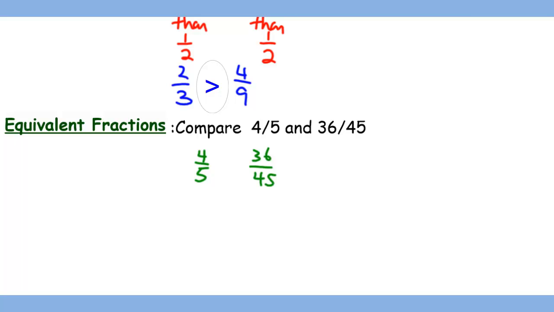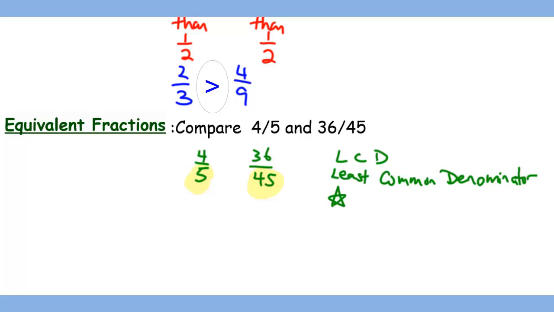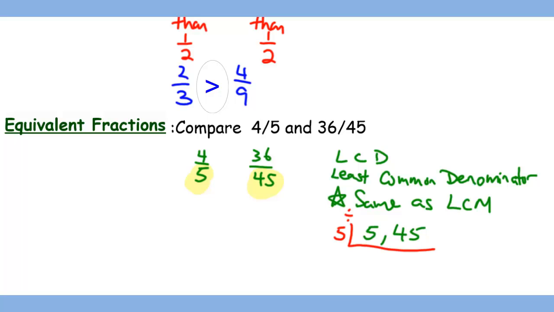So let's first highlight the denominators, in this case the 5 and the 45. In fractions, you normally look for a least common denominator, or LCD. And you do it in the same way as if you're doing the LCM. So we take the 5 and the 45, and we divide them using the division method. The only number that goes into them is 5, which brings the numbers down to 1 and 9. And since LCM means you're multiplying the numbers in the L shape, that brings us 45 as our common denominator,